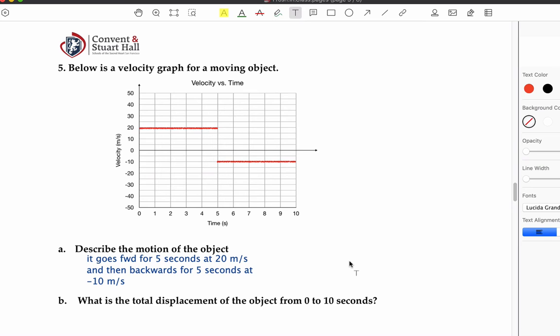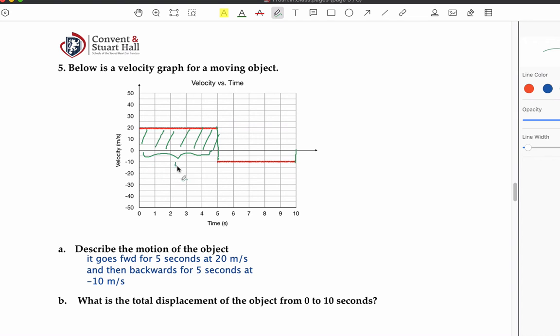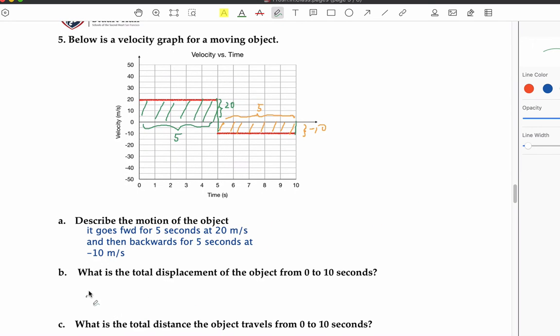Now, what is the displacement of the object from 0 to 10 seconds? Let's go ahead, and we get that by getting the area of this graph. Let's be careful. So here's a rectangle. We have this width of 5 and this length of 20. And for this part here, let's use a different color. Let's be clear that we have a length of negative 10 here and a width of 5, because we go from 5 to 6, 7, 8, 9, 10. That's 5 total. So the displacement is going to be the area, which is going to be 20 times 5